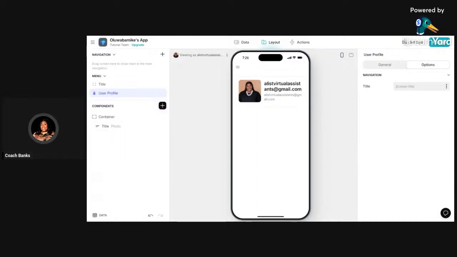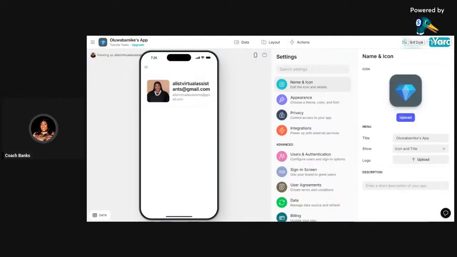Finally, the next thing you're going to come to here is this settings. This is where you set up your app the way that you want it to look. So you have the opportunity to change the name and the icon. Right now, the name says Oluwabamike's app. I don't want that. I want it to read